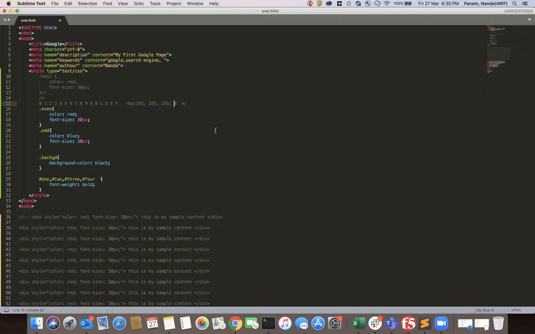For example, I want to provide a red color. FF is the maximum, 255. So I provide 255 for red, 0 for green, and 0 for blue. By using this, we can get the red color. I'm going to copy this and write it in place of the red color.